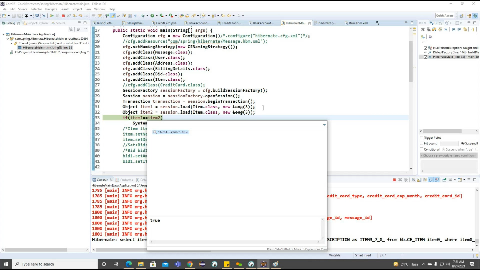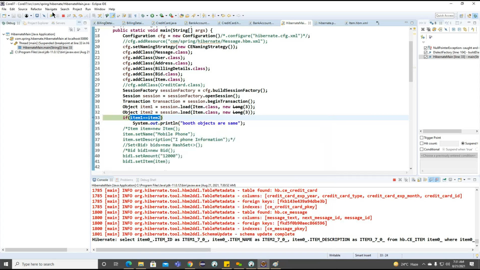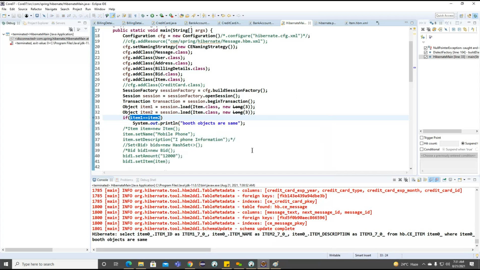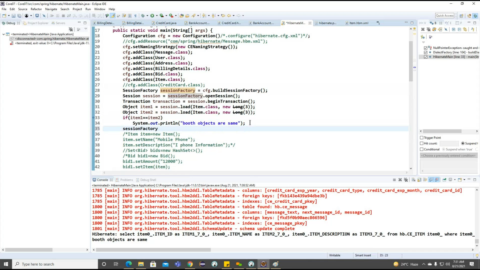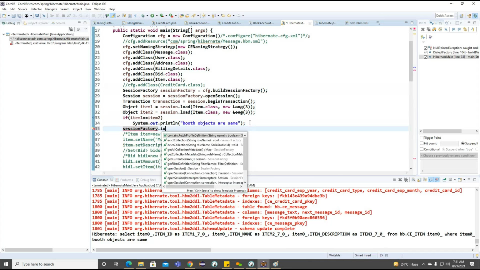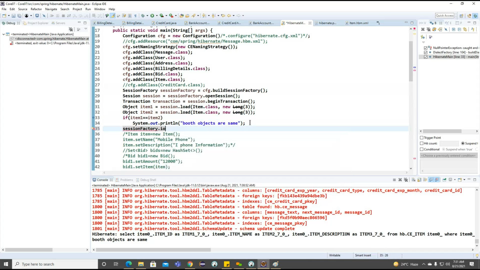But now, if you observe carefully what I am doing here, I'm closing this with the help of the session factory. Now I am going to open a session, session 2.